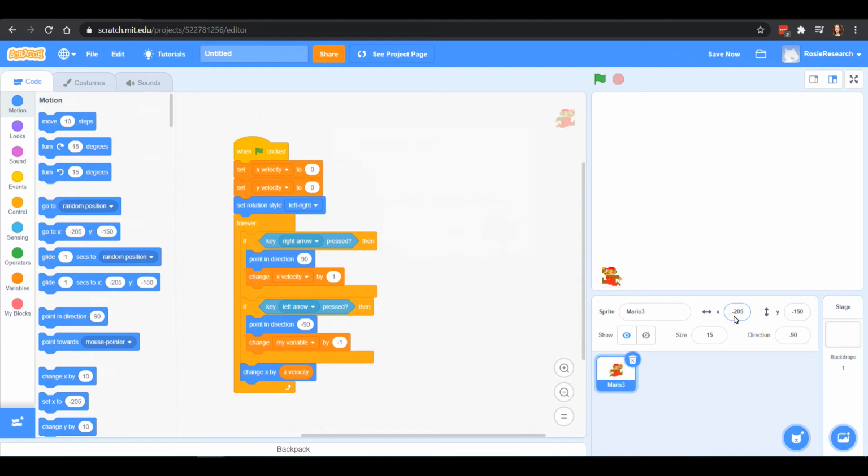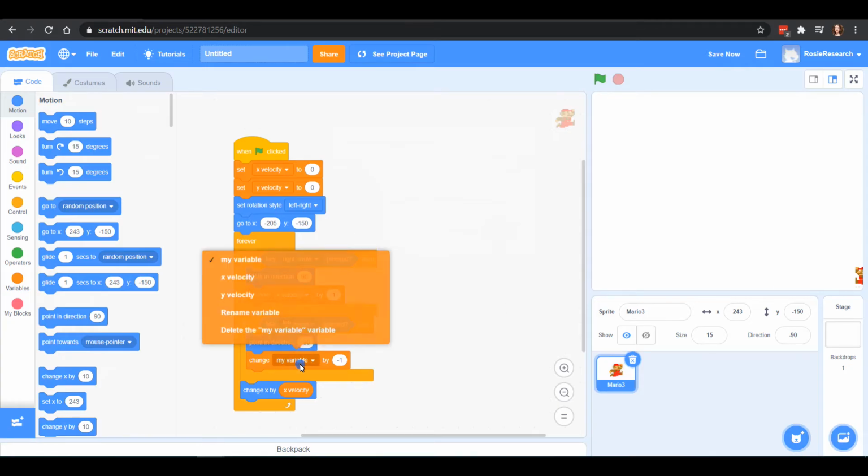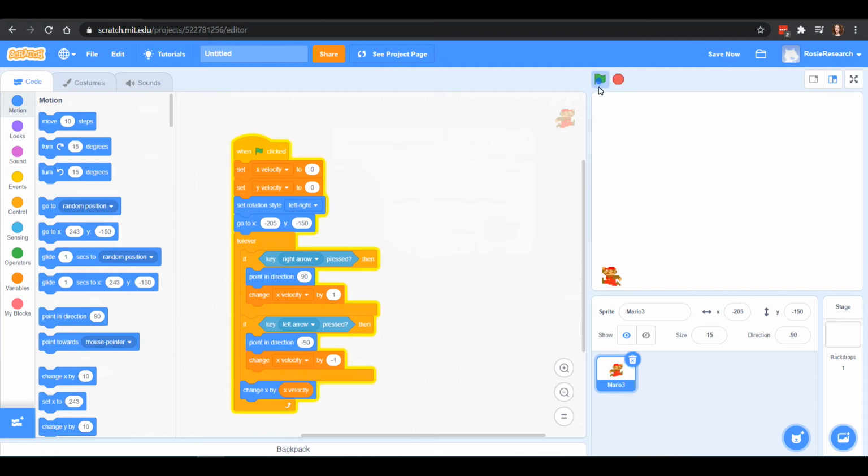So I can say go to x -205, y -105, and that is in your motion, and you can pull out this go to. Do it right after the x. It's nice it comes pre-filled if you drag and drop your little guy in there. Alright, and now we can start, and you'll notice now he's running along the screen, but it's not working as well as I want. He kind of goes one way forever, and that doesn't work. Now he doesn't come back because I need to change this here to x velocity. There we go. So now I can kind of, but he'll just slide forever.